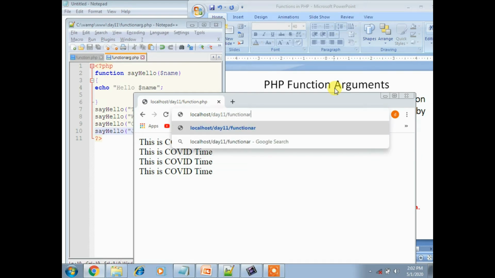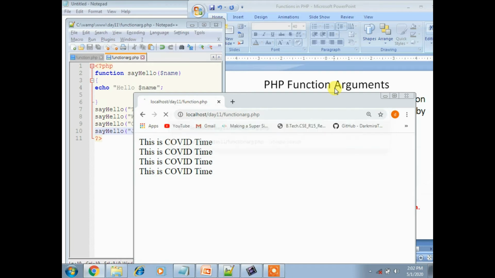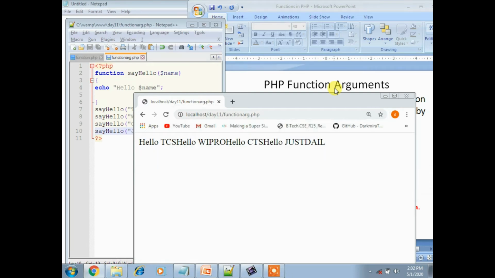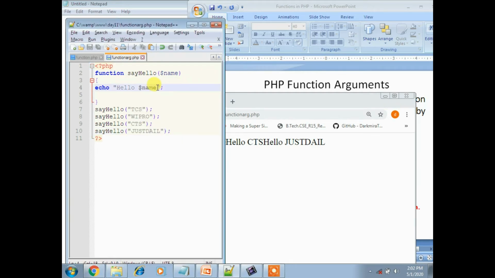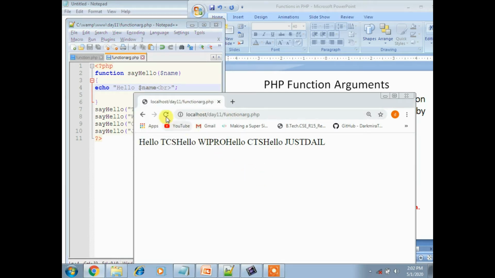So hello TCS, hello Wipro, hello CTS, and hello Just Dial. Like that the values will be displayed. If I want them one by one, then in your code you have to use BR. If you place BR and click refresh, then it displays in one by one pattern.